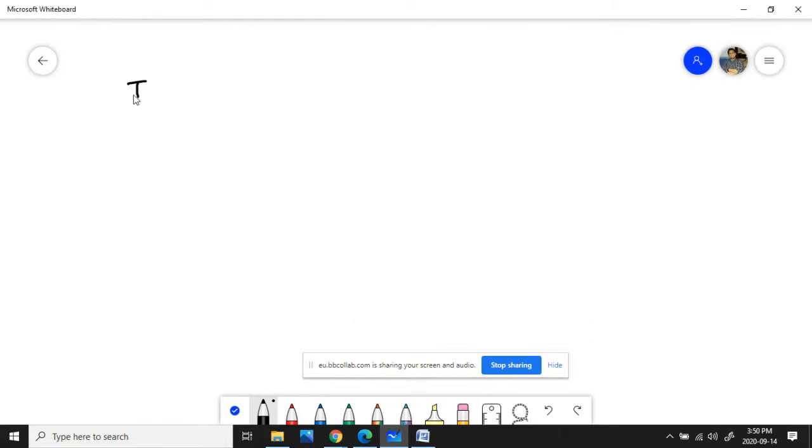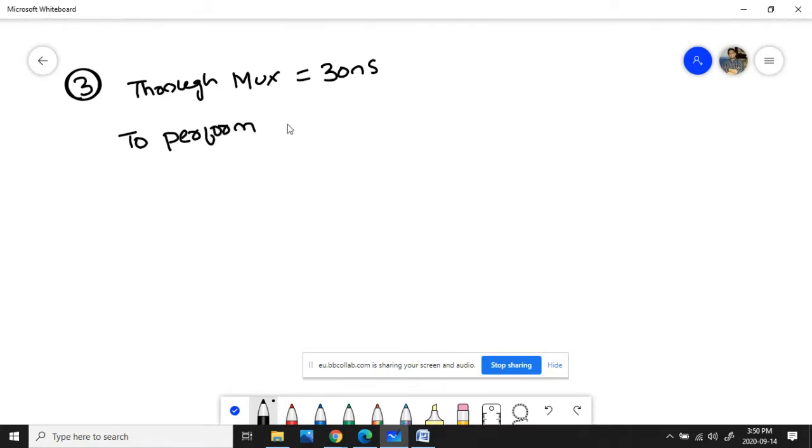Suppose when you write through multiplexer, so question number 3, through mux, it is taking how much time? 30 nanosecond, and to perform add operation, it is taking how much time? 18 nanosecond. ALU, it is taking 18 nanosecond, and